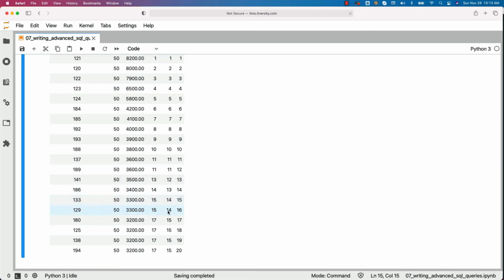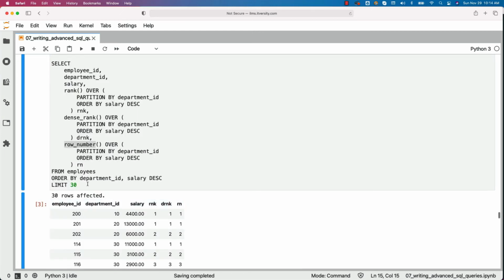Now you can again go to these 2 records. Both of them got the same rank. However, with respect to rank 16 is skipped. With respect to dense rank, the next rank, which is 15, assigned to the employee. So based upon the number of duplicates, the number of ranks can be skipped using rank. With the dense rank, that is not the case.